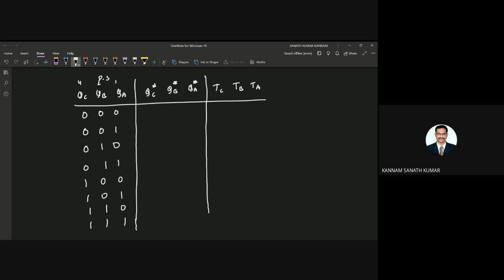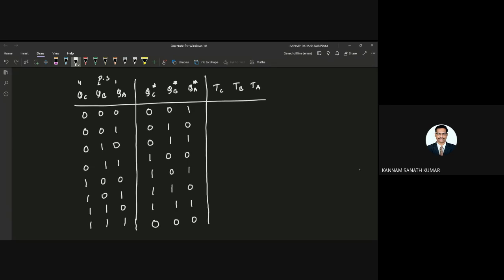So that means when you apply 1 clock pulse, it will go into the next state, that is 0 0 1. And next 0 1 0, 0 1 1, 1 0 0, 1 0 1, 1 1 0, 1 1 1. Again it will come to the initial state, that is 0 0 0. And next you need to see for QC and QC star. So by seeing this one, you need to draw the output TC.